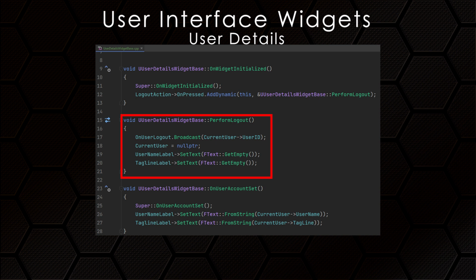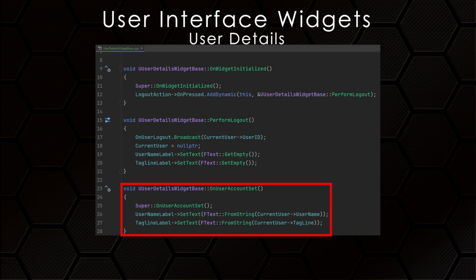This function clears the text from the display widgets and broadcasts to any listeners the user ID of the user that was just logged out. Usually, listeners won't be interested in a specific user ID at this point, but it's there just in case. This widget overrides the method onUserAccountSet provided in the base class to perform setting the display widgets whenever a user